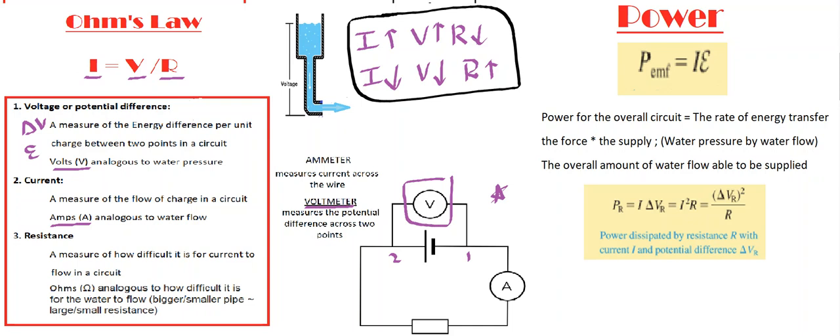Now the overall power for a circuit is the rate of energy transferred. To find it, you multiply the current times the voltage. So the overall power of a circuit is analogous to the overall amount of water supplied by the pipes. However, this equation itself gives you power for the entire circuit. If you want to look at one specific part of the circuit, say a certain resistor,